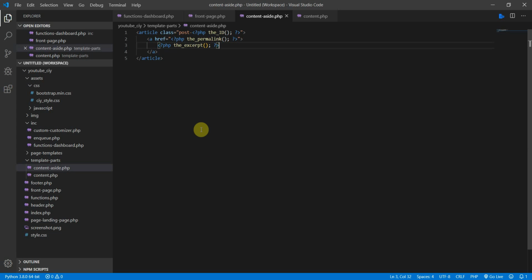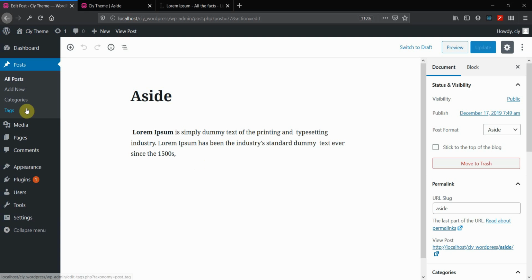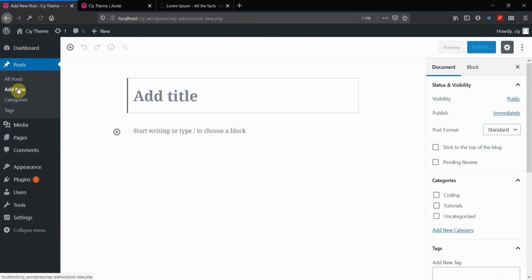So we talked about galleries and other post formats. So I'm just going to go through two more. I'm going to show you link and gallery. So let's go to our backend and let's create a new post. And in this post, I'm going to add a link. Okay, so I'm just going to name the title, This is a link,